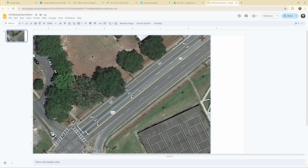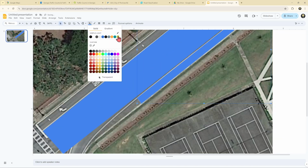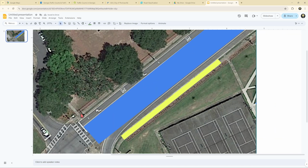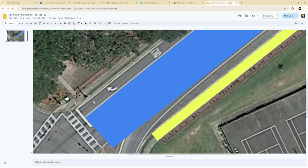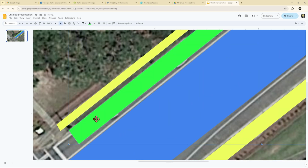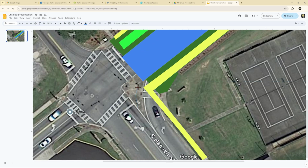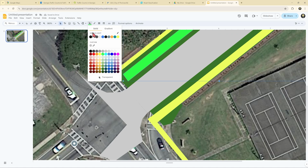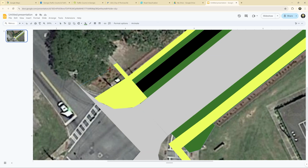So I'm going to use some really rudimentary drawing tools here, but I can roughly approximate that proposed Jackson Street section I made in Beyond Typicals using the existing lane widths in the image as a guide. I can then start to extend the sidewalks and bike path to the intersection and start envisioning what it would look like if we got rid of that right turn slip lane on Hansel. By narrowing these streets, we can significantly shorten crossing distances, making it easier and safer for these students to get